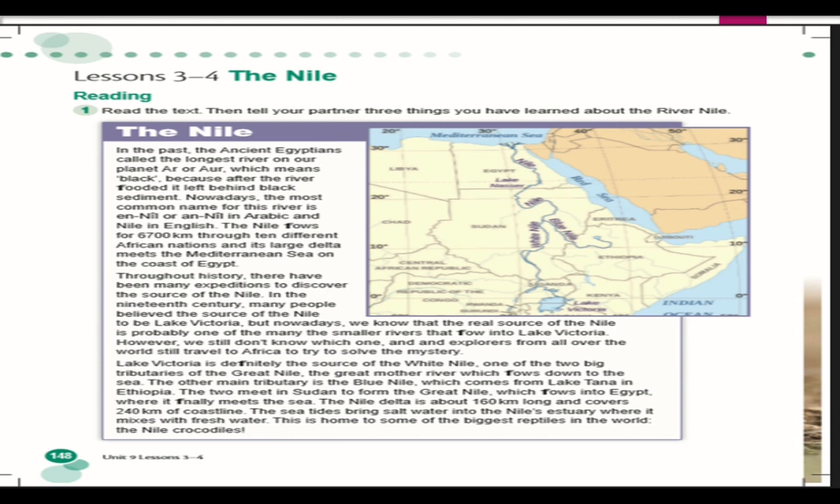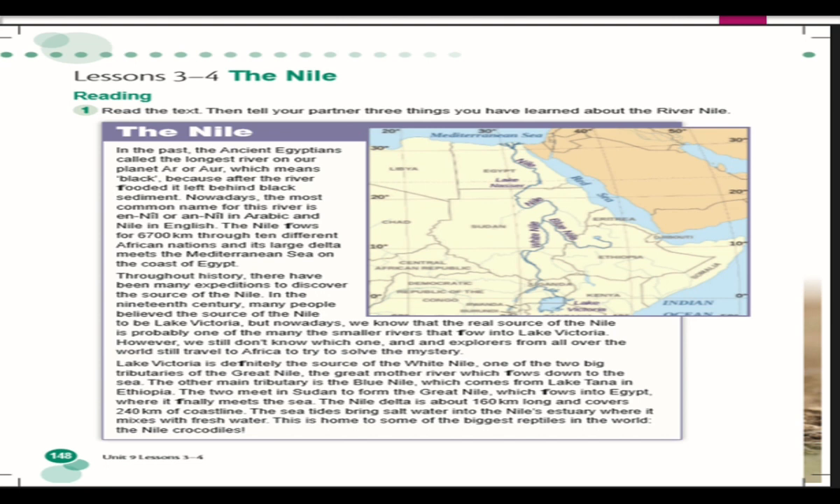the coast of Egypt. Throughout history, there have been many expeditions to discover the source of the Nile. In the 19th century, many people believed the source of the Nile to be Lake Victoria. But nowadays we know that the real source of the Nile is probably one of the many smaller rivers that flow into Lake Victoria. However, we still don't know which one, and explorers from all over the world still travel to Africa to try